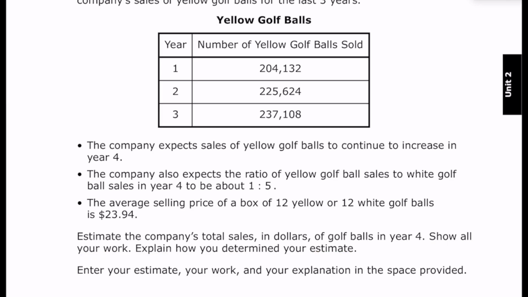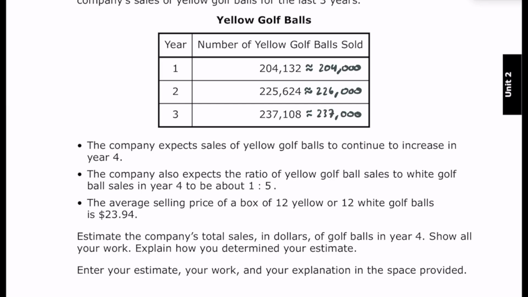We're going to go ahead and enter our estimate, or write it, our work, and some sort of explanation that goes with this as well. All right, so what kind of thought process should we have here? Well, maybe this first one, we can just say about 204,000. Again, it says estimate, so let's try to make these numbers a little easier for us. This one, maybe we can just say it's around 226,000 here, right? And then maybe this one we can say this is about